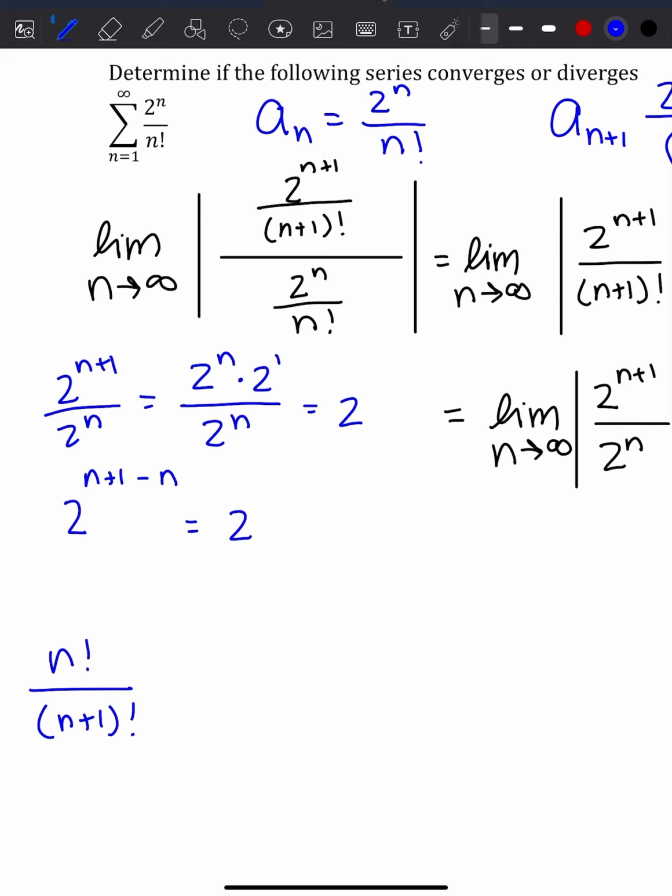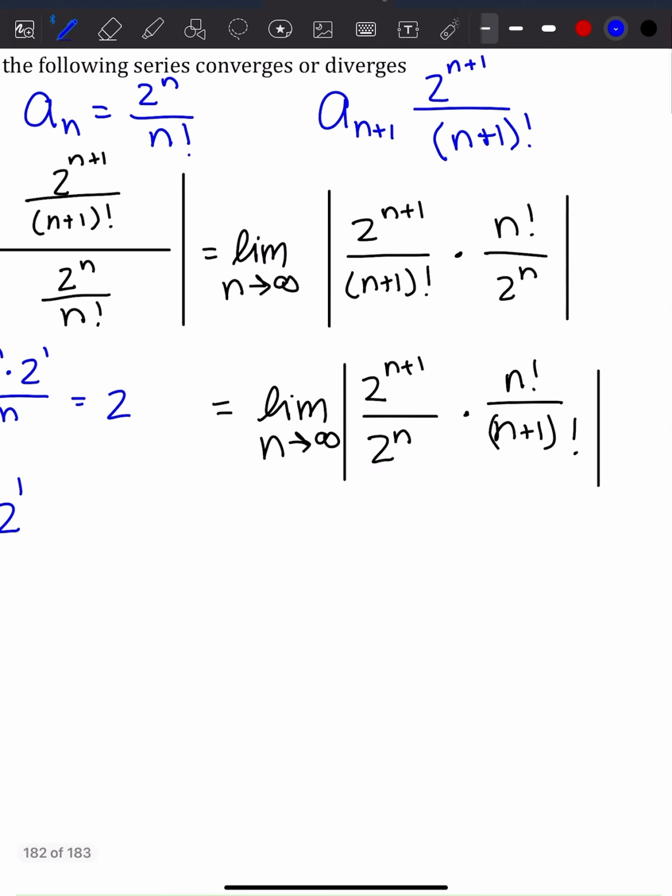This gives us 2 to the first, just like we did. Either way works. We just need a way. So this first part, we have the limit as n approaches infinity of the absolute value of 2 times